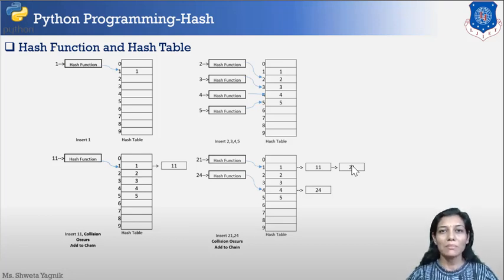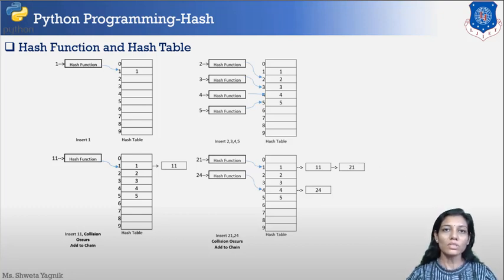Suppose you are having a very bad hash function that results in a number of collisions, and most of your elements are falling under the same bucket or same slot. In that case, your list size will increase like anything, and you are left with linear search again. So the hashing function plays a major role, and even the table size plays a major role in the efficiency of hashing. If your list is very large, it is going to take the time complexity of order of n, which is similar to the linear search which we used to do earlier.